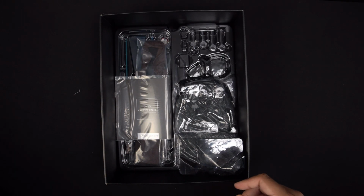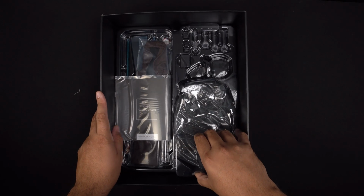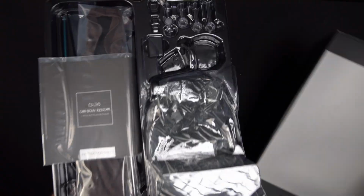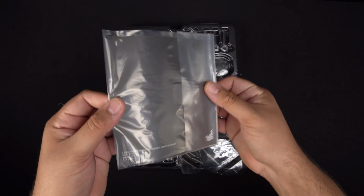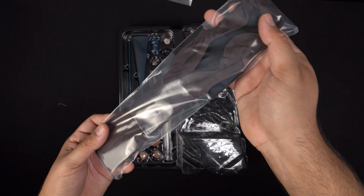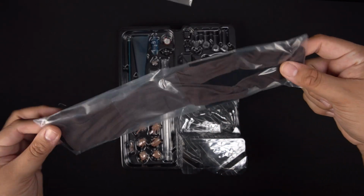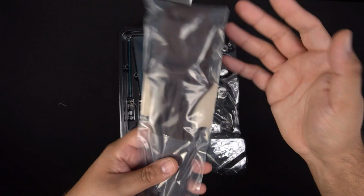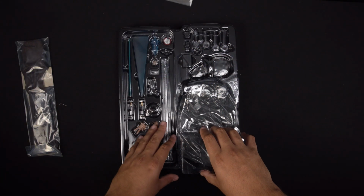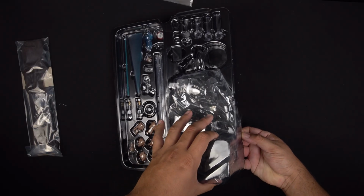Take out this foam. Like I said, there might be just a lot of rock right here. Let's see. Then we got the instruction manual. Nobody really reads that, but exactly what we're going to do with that is throw it over there. Got the cloak right here. We'll look at that a little bit more, but here is a lot of the accessories we have under this